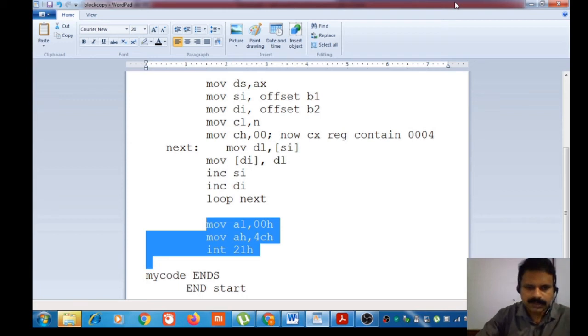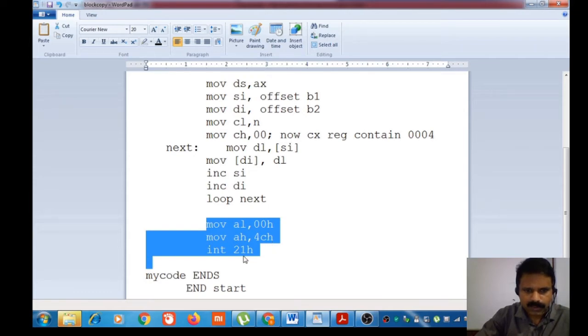We are discussing the software model of 8086. Today we will see 4CH and 21H.